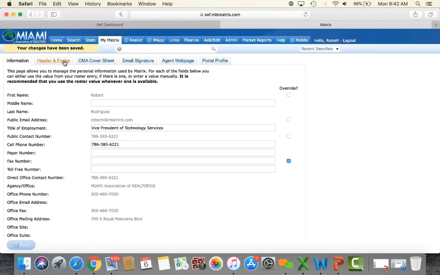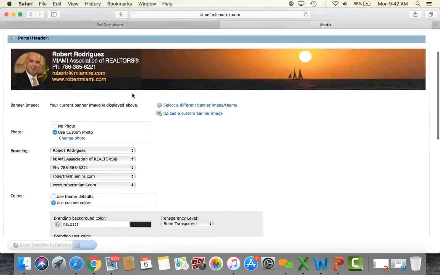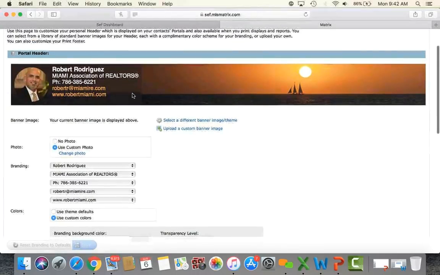Moving on to header and footer. What we have here is the presentation of your information and how it will show to customers when you email reports or when you invite them to the client portal. So this is the theme that I chose, and with my branding information right here in the upper left corner,